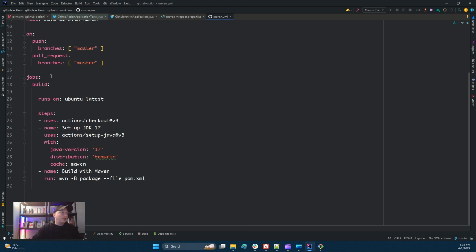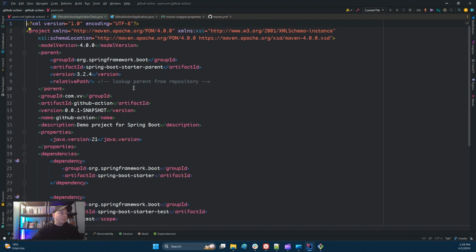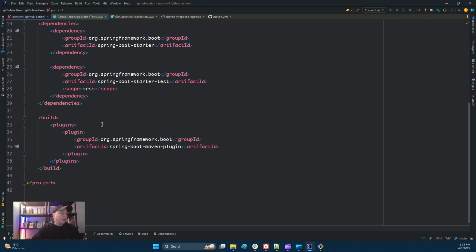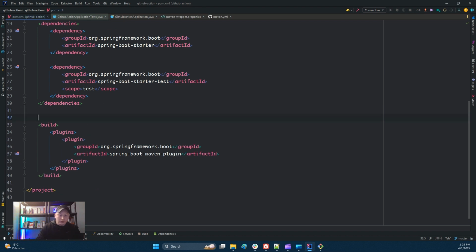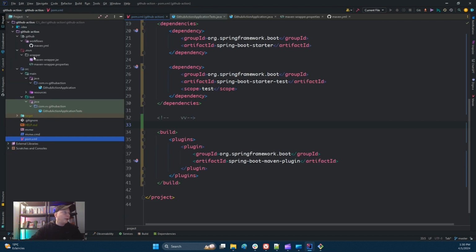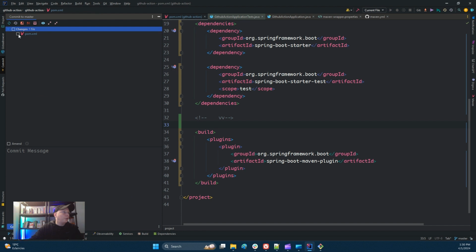So let's do a tiny modification. For example, let's get back here. I will change something. I will put a comment. Okay. So I have put a useless comment, but just to trigger a change in the commit line, and then when I push it, it will trigger the CI/CD on GitHub Action.